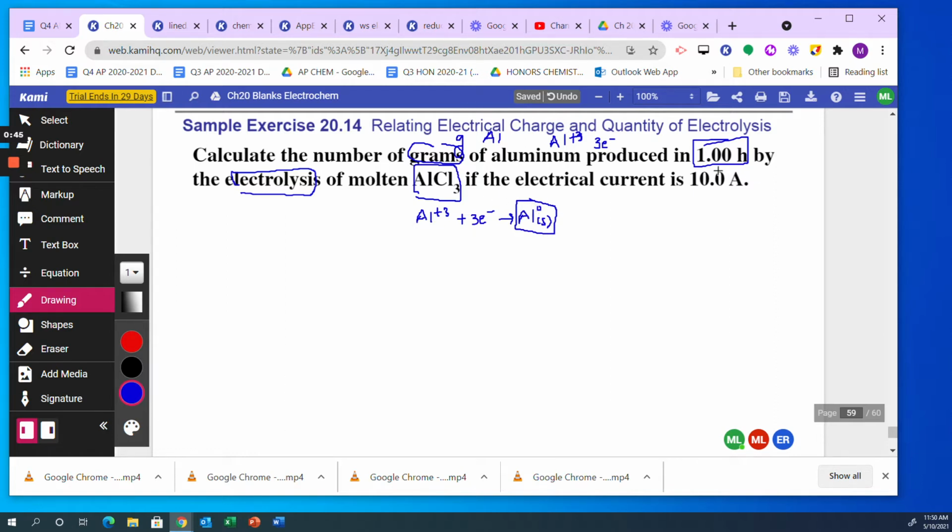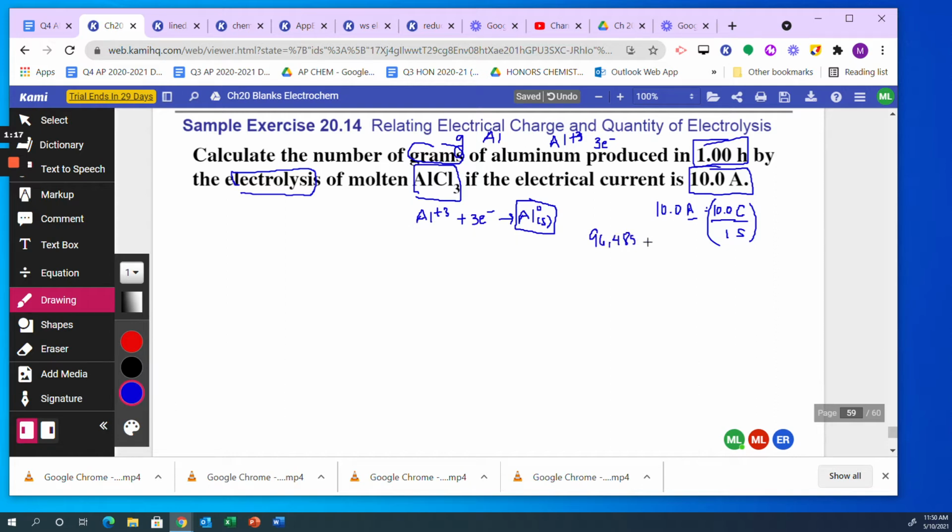If the electrical current is 10 amps, so let's go ahead and think about 10 amps. What is amps? Amps is current. It is the amount of charge per unit time. So the way I remember it is American Chemical Society. So 10 amps is equal to 10.0 coulombs for every second. That's a conversion. You're also going to need Faraday's constant,